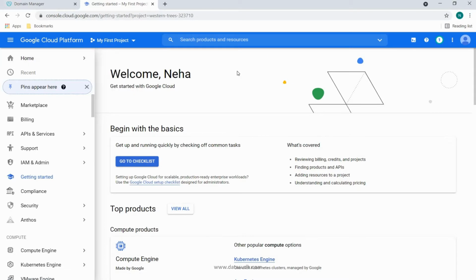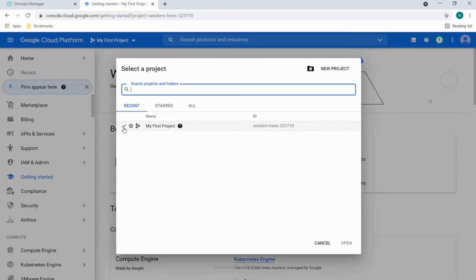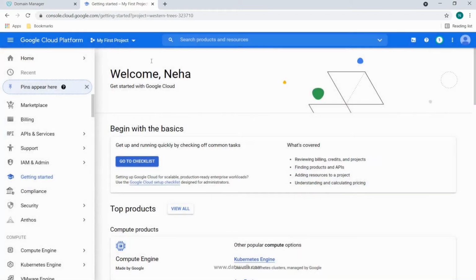Now one thing to note here is that everything which we are going to do in the cloud is connected to a particular project, which is shown here. Now if I click on this, I can see that Google Cloud has created one project for me when I activated my free trial. This is called My First Project. If I want to create a specific one with a specific name, and if I want to create multiple projects, we can do that with the new project click. Right now in this demonstration, we don't need it. So we'll go ahead and cancel the same. So with this, we have set up all the prerequisites which we need for hosting our static website in Google Cloud with Cloud DNS.